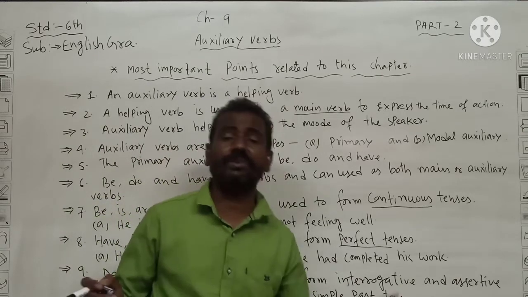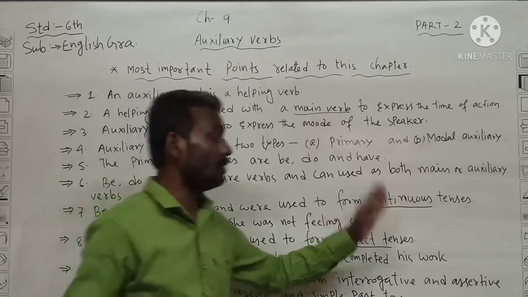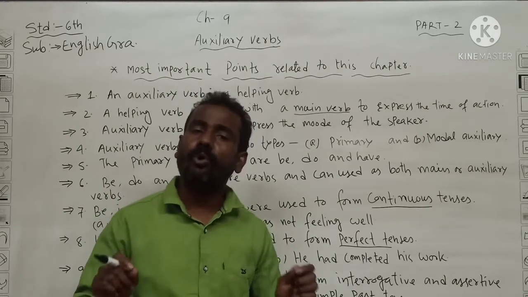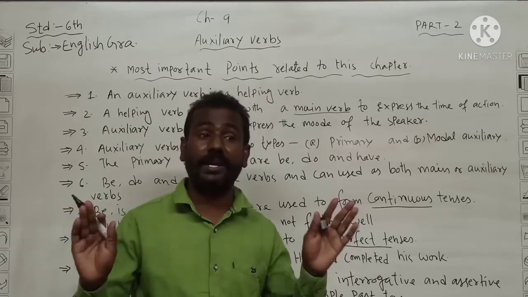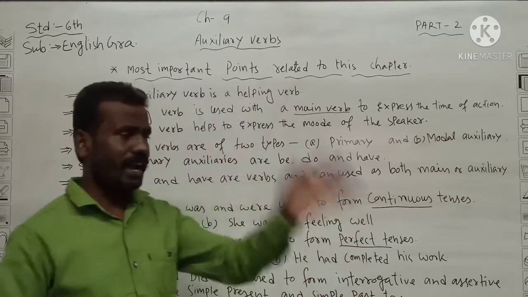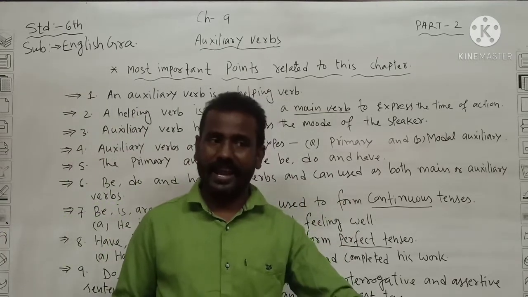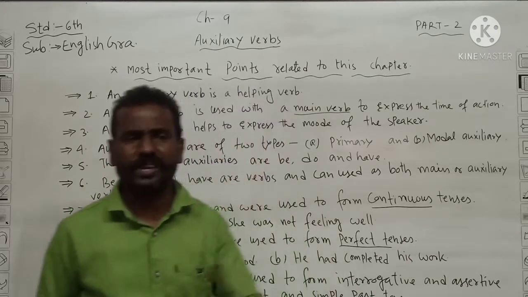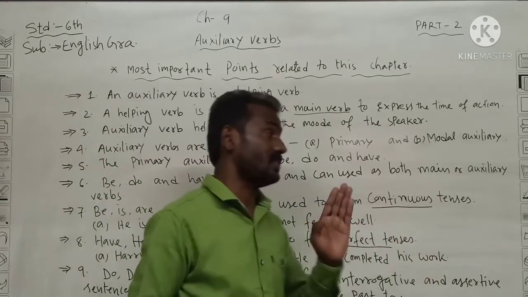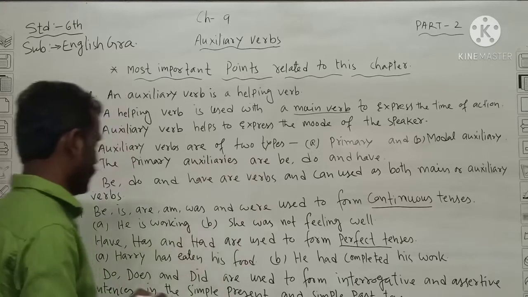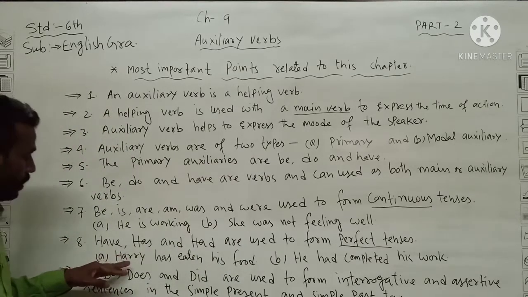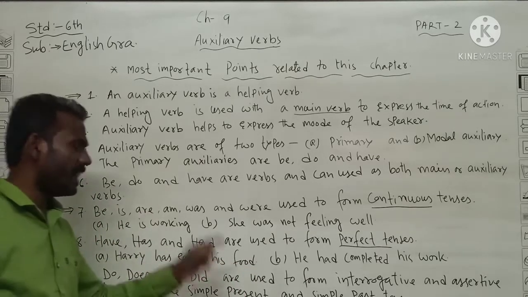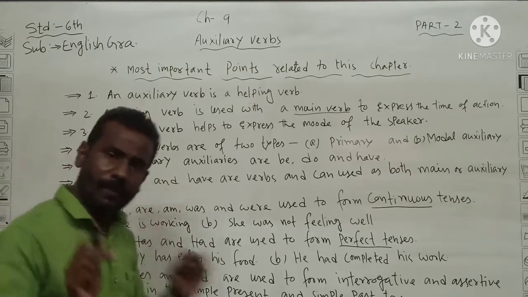Imperfect, continuous, निरंतर जो चलता है, that is called the continuous tense. Perfect, that means जो काम हो चुका है, whatever completed, that is called the perfect. You can say, sir, I have done my work, that means perfect. And one student is telling, sir, I am writing, that means it is going on, that means it is imperfect. And you can say this is the continuous tense, निरंतर काम चल रहा है. Okay students, follow once again. Example, Harry has eaten his food. Harry, one person name, has eaten his food. That means वो अपना खाना खा चुका है, complete कर चुका है.